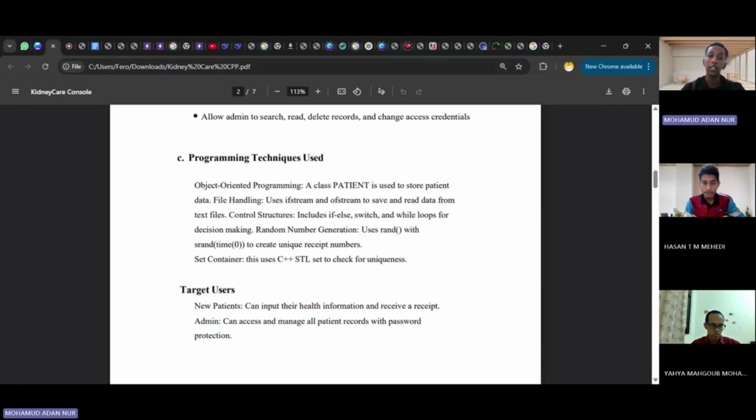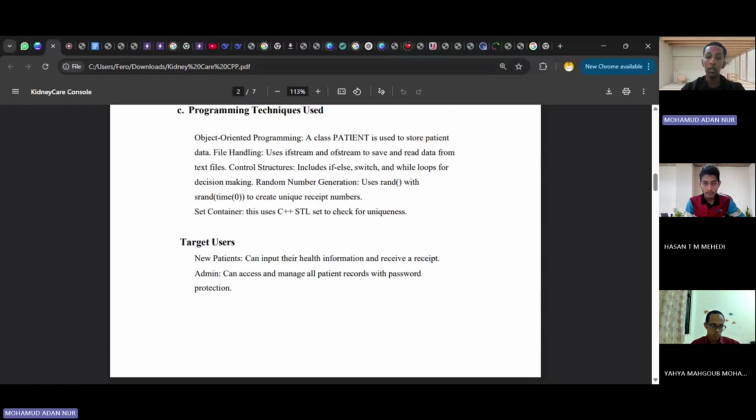There's a lot of decision making in the programming. There are two users in the programming. One of them is the admin, the other one is the patient. So we have to use decision making to control the user. As well, we use rand and srand. This allows us to generate a four-digit random number to give the user a unique